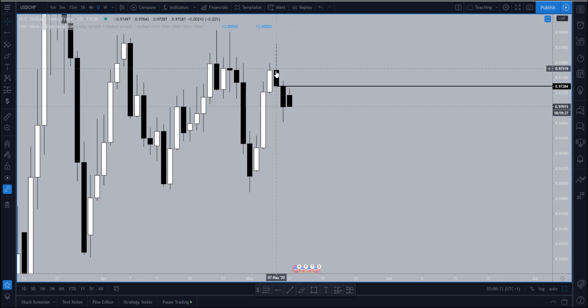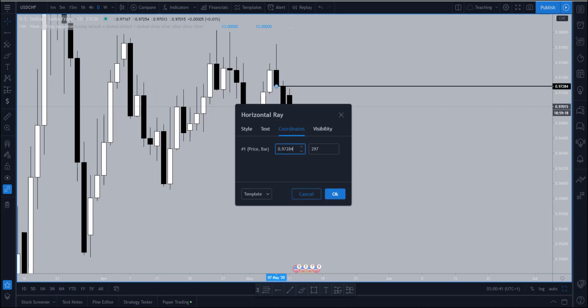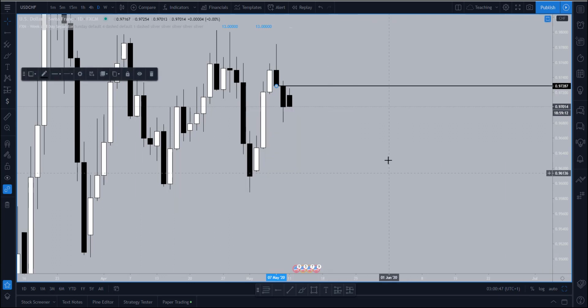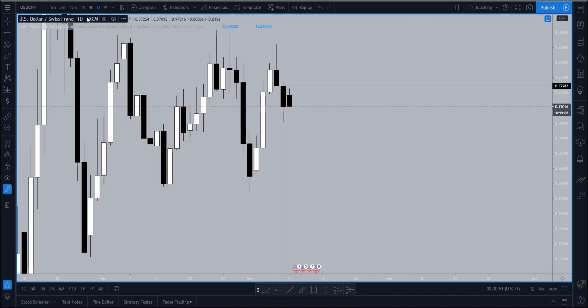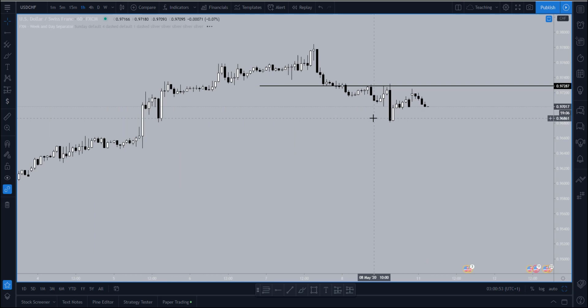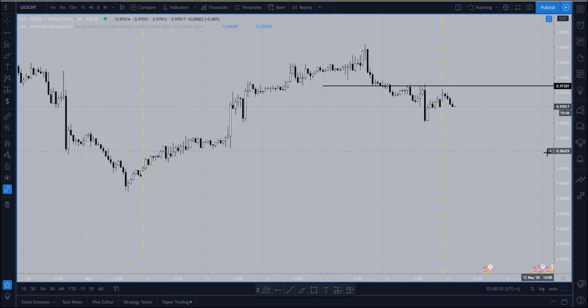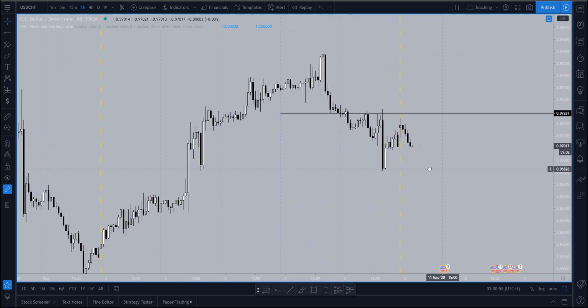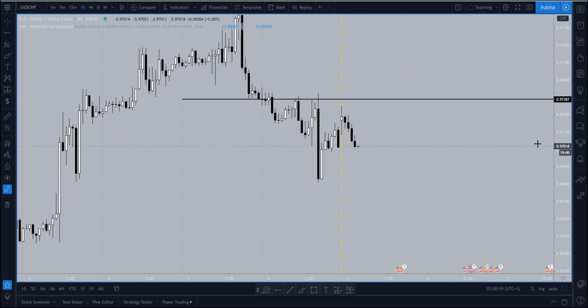So that candle close comes in at 97.287. So we change that one to 97.287. Click OK. So that's the level we're watching. What I was doing was watching the 1 hour time frame to see when we do close below it. So right here